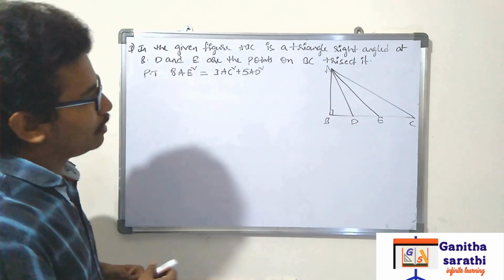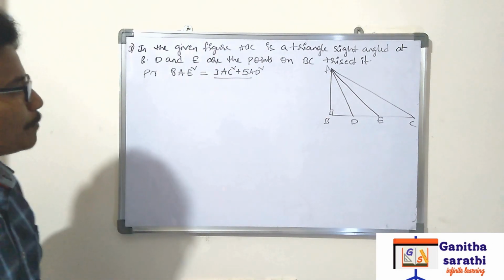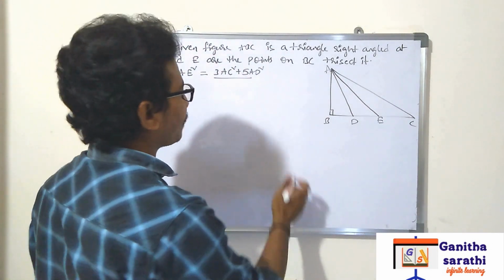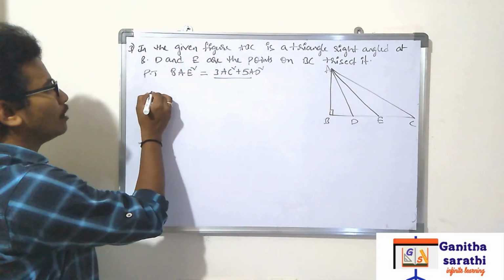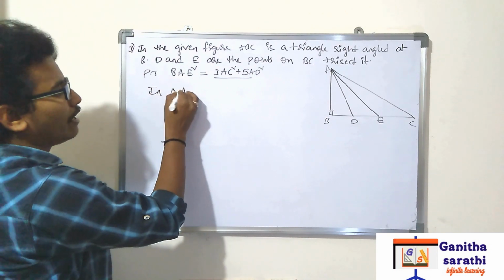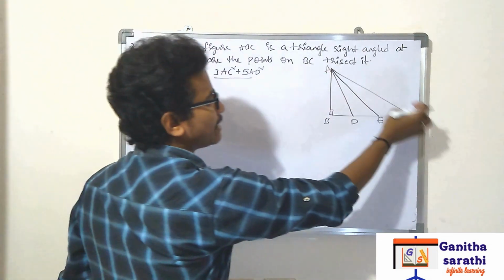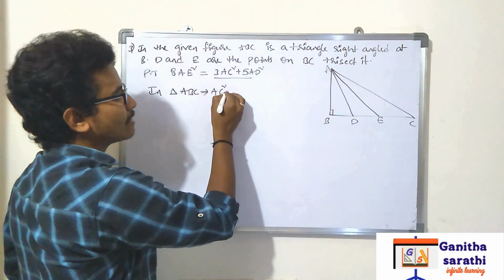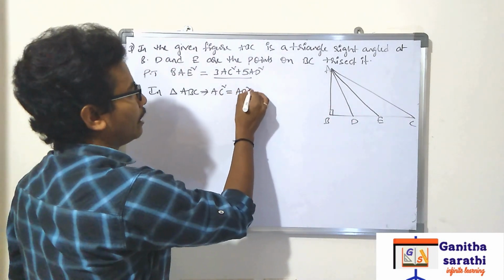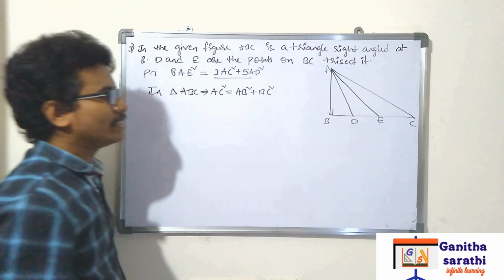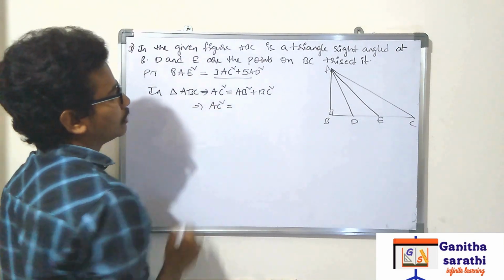For proving this one, first of all, see here, take the RHS part. In the RHS part, what are AC and AD? AC means in the total triangle, this one will be AC. So now I am taking triangle ABC and using the Pythagoras theorem. What is the hypotenuse? AC will be the hypotenuse. AC square is equal to AB square plus BC square.